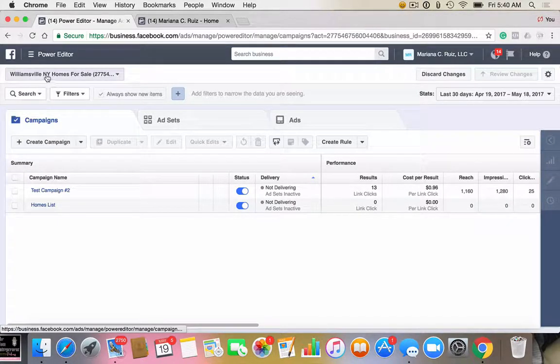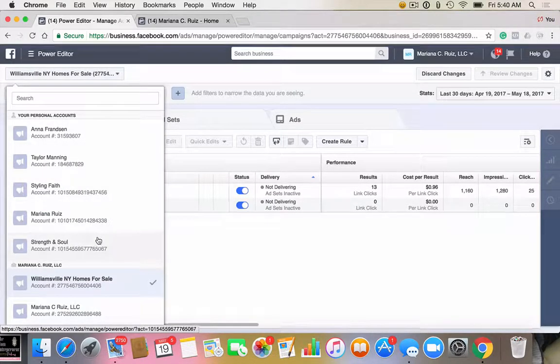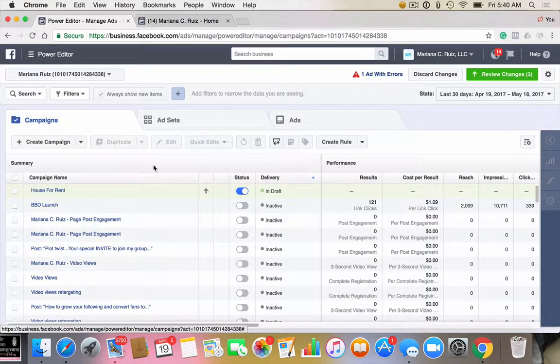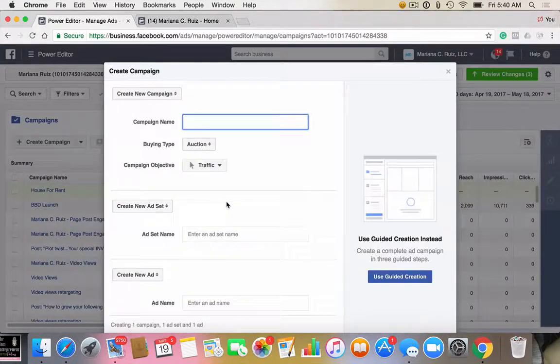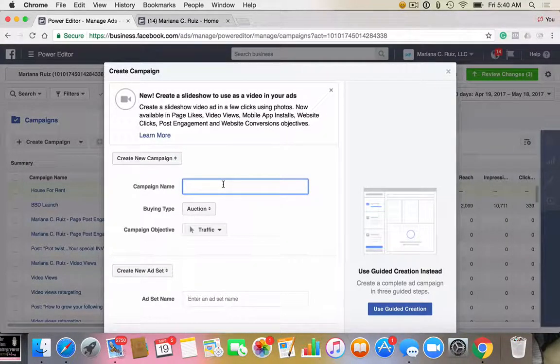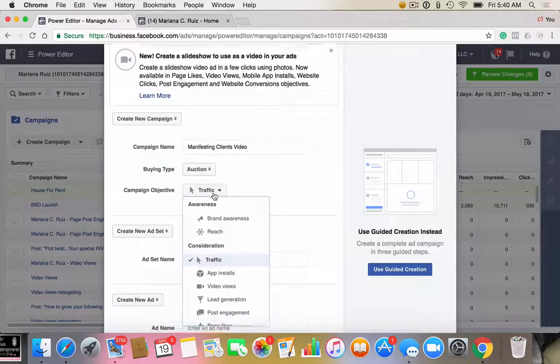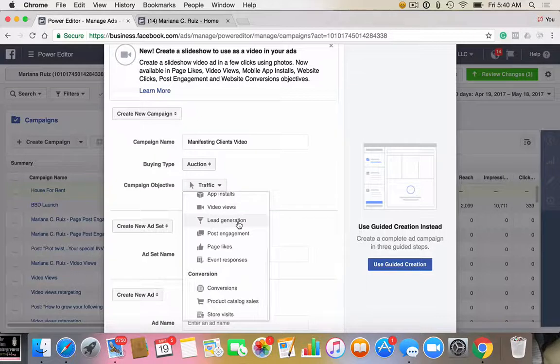And hold on a minute, I'm actually in one of my clients' things. So I'm gonna go to my regular account where I always do stuff. Okay. So we're gonna create a campaign. And you're going to title it, so whatever the title of that post or video is. So it was one of the ones that was there, Manifesting Clients video. The buying type is always going to be auction, and your campaign objective is going to change depending on,